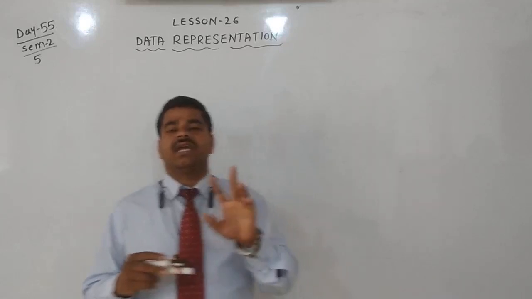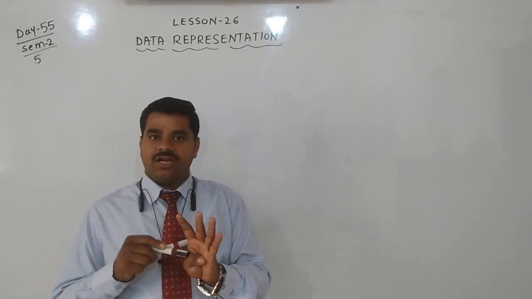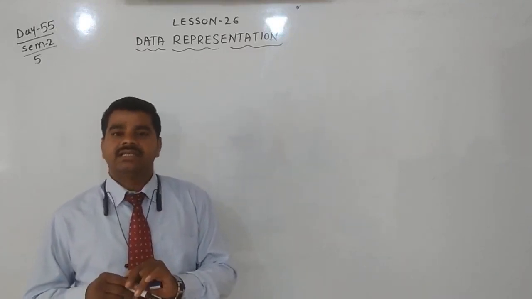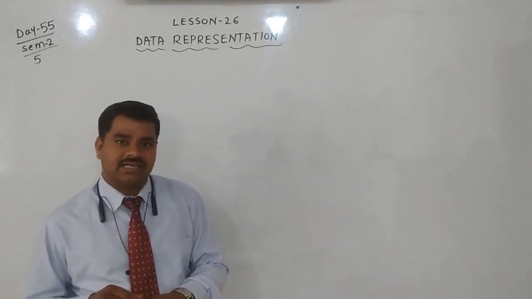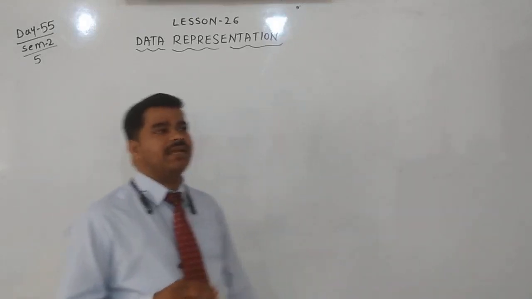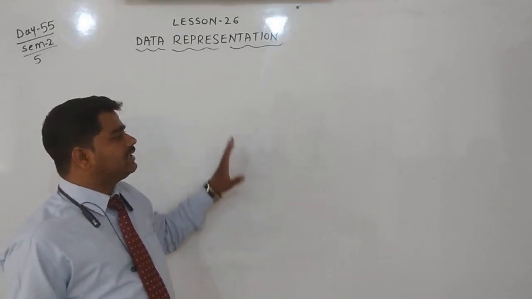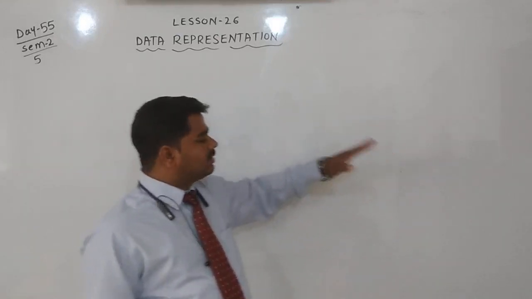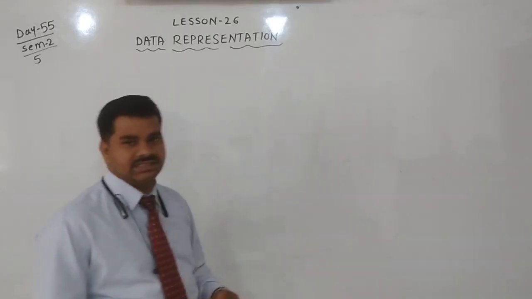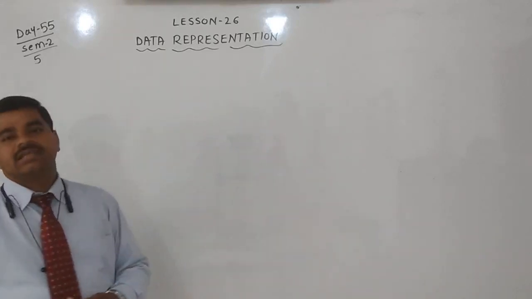We can represent it in three types: one is pictograph, another is bar graph, and one more, pie charts. Pie charts are a circle graph, we can call it a circle graph. In bar graphs we can mainly divide into two types: horizontal bar graphs and vertical bar graphs. Vertical means standing bars, horizontal is a sleeping bar graph. That type we can see.